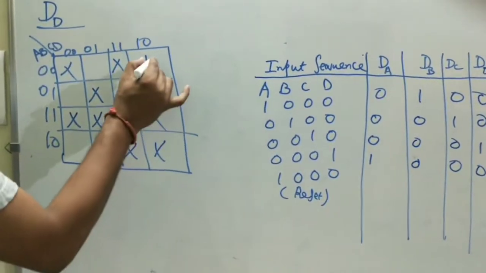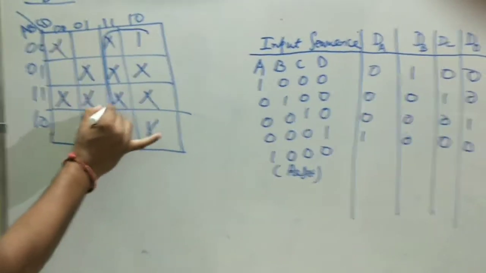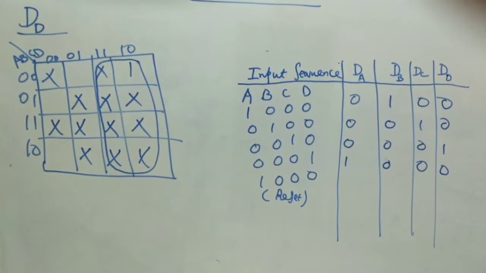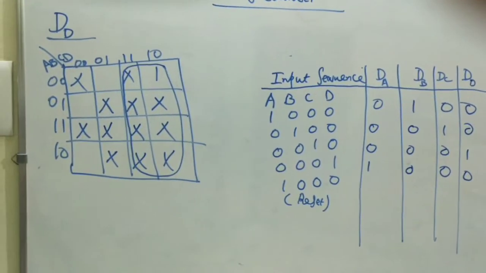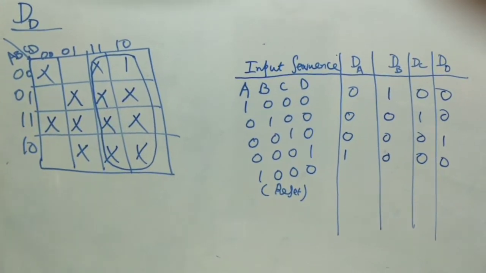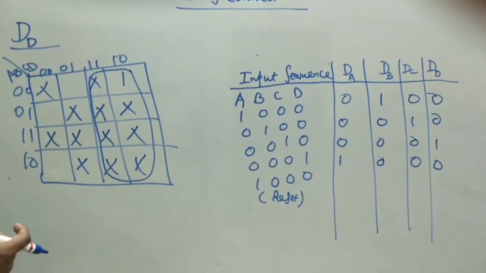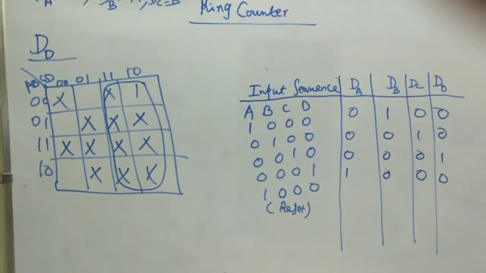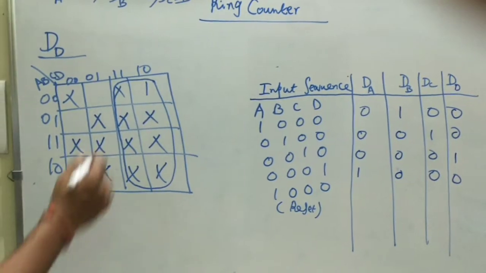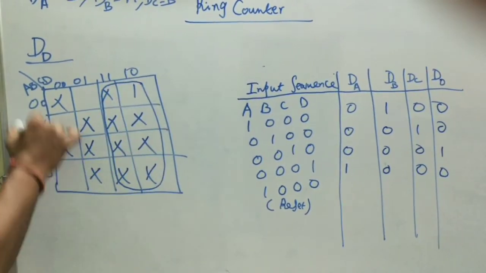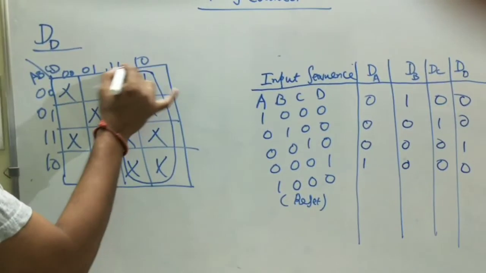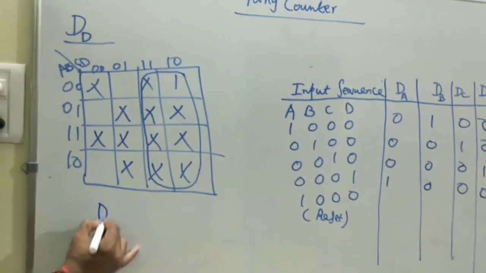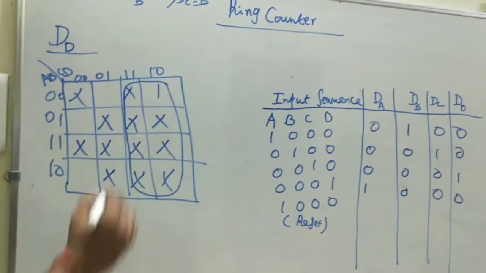So now this way it comes as an octet. So once again I repeat, for all the flip-flops we have got the inputs, that is we are finding the expression as a combination of an octet. Octet means covering the values of 8. Okay. So if we are covering this way, AB won't come in. Here we need to compare these two values. One bit is common, that corresponds to C. So DD will be getting C as input.